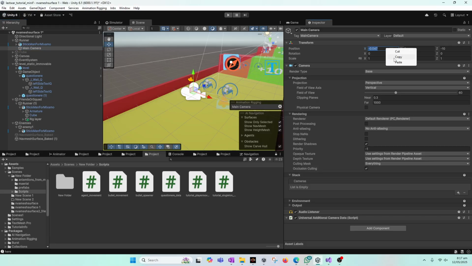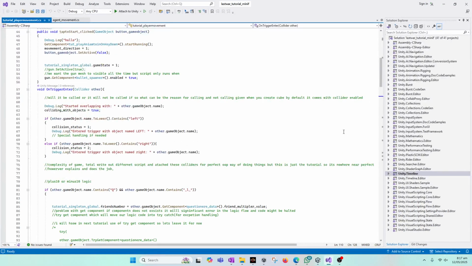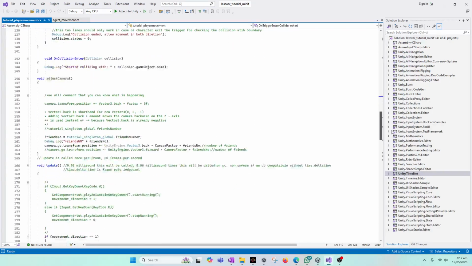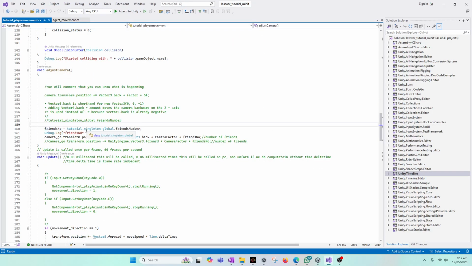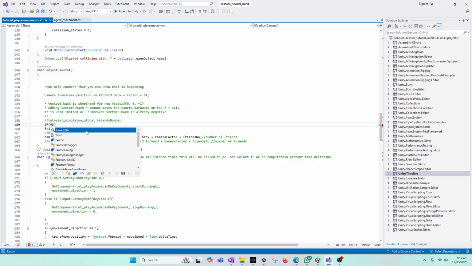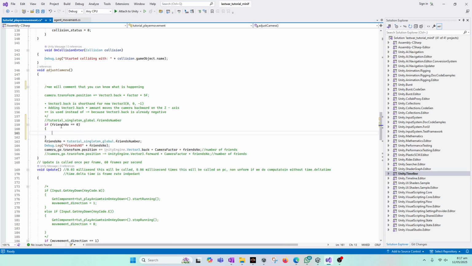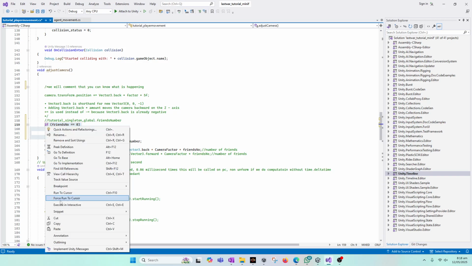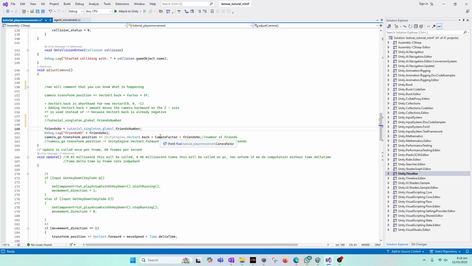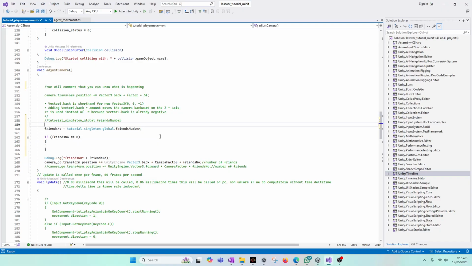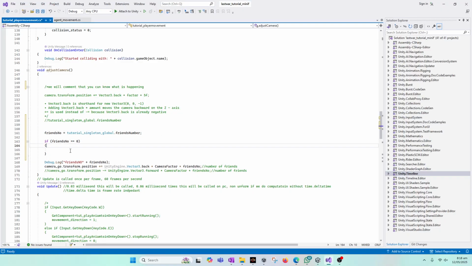So if our position is in the adjust camera method, if friends number is equal to 0, which it is, in the adjust camera system, so by default this is 0. So if it is 0, what we will do is